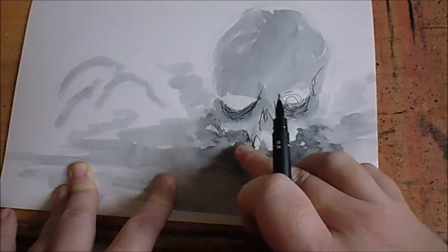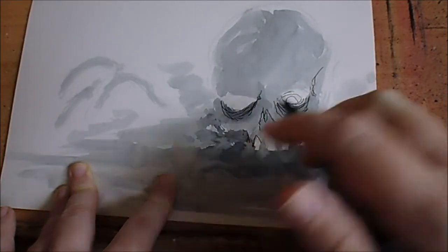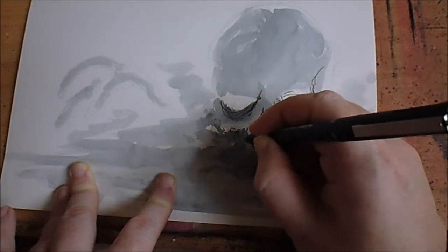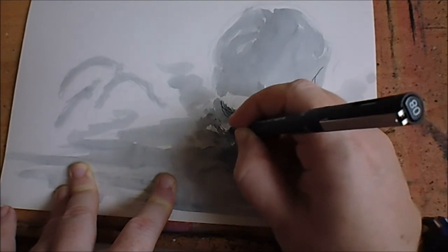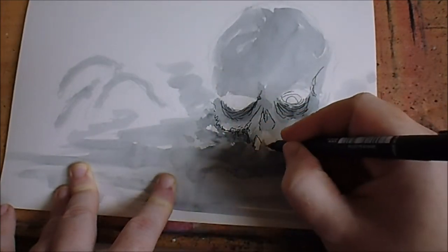And where I've shaded a lot on the cheekbone of the zombie, I want to maybe just darken that slightly, maybe that's more rotten, that part. We can just go in and add lots of details, because a lot under here is going to be all under the water anyway, so